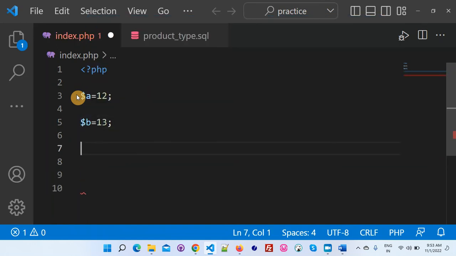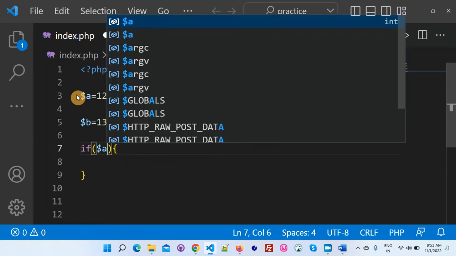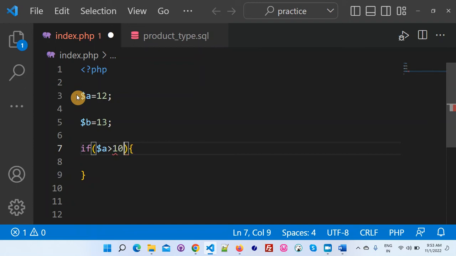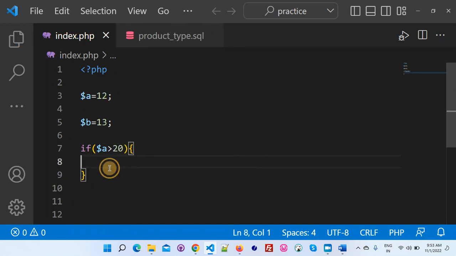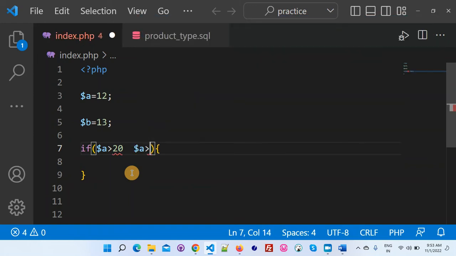Now we want to check whether $a is greater than 20 or not. This is the first condition. Along with it, we want to check one more condition, that is $a is greater than $b